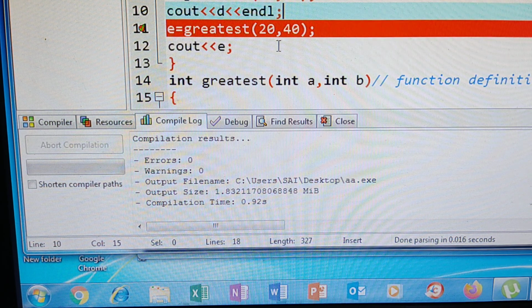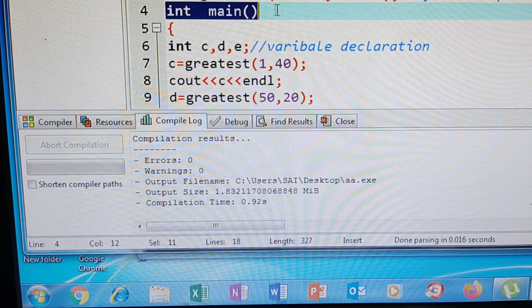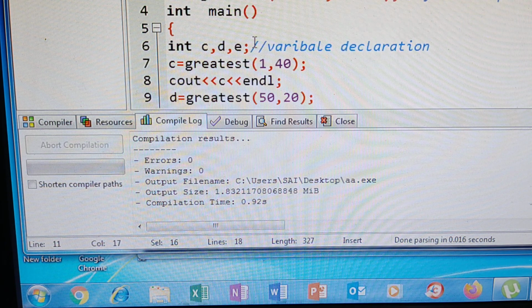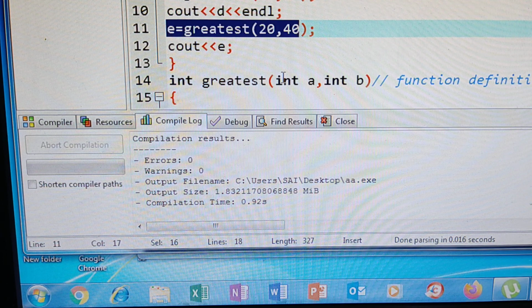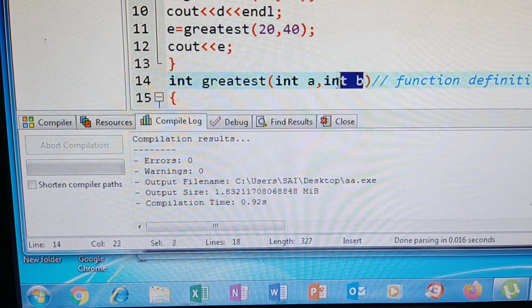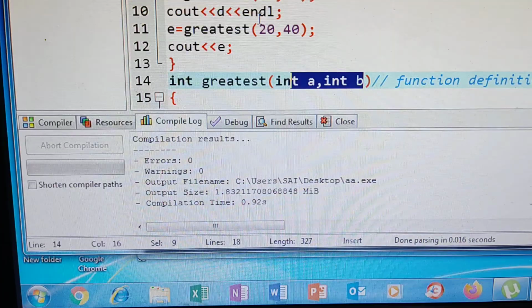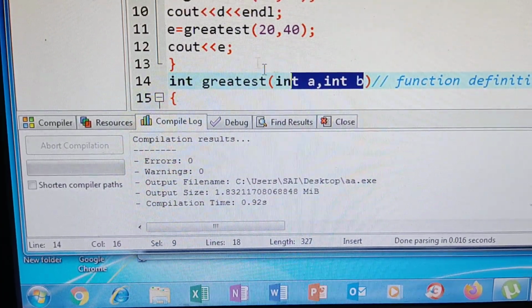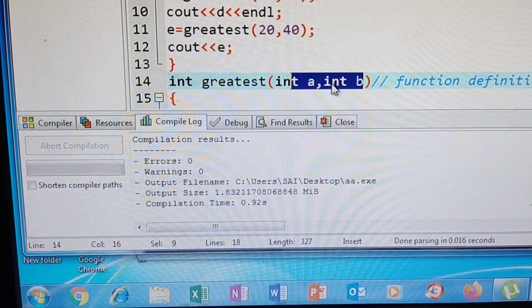Okay, when the function is being called, here from the main function we are calling a user-defined function. So when you are calling a user-defined function, at the time of calling only, the main function is giving a value to the user-defined function. So one point you need to remember is that the number of values you are passing and the number of arguments in the user-defined function should be the same. Okay, and in the same order, values will be stored in the user-defined function.